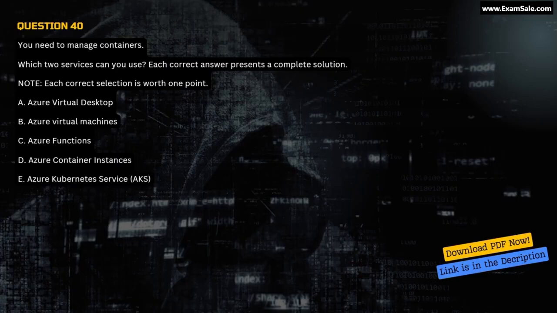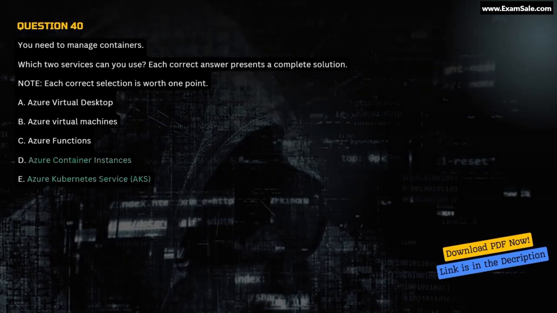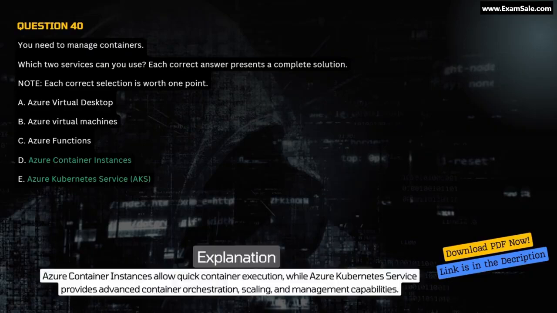E. Azure Kubernetes Service AKS. Correct answer, D and E. Explanation. Azure Container Instances allow quick container execution, while Azure Kubernetes Service provides advanced container orchestration, scaling, and management capabilities.